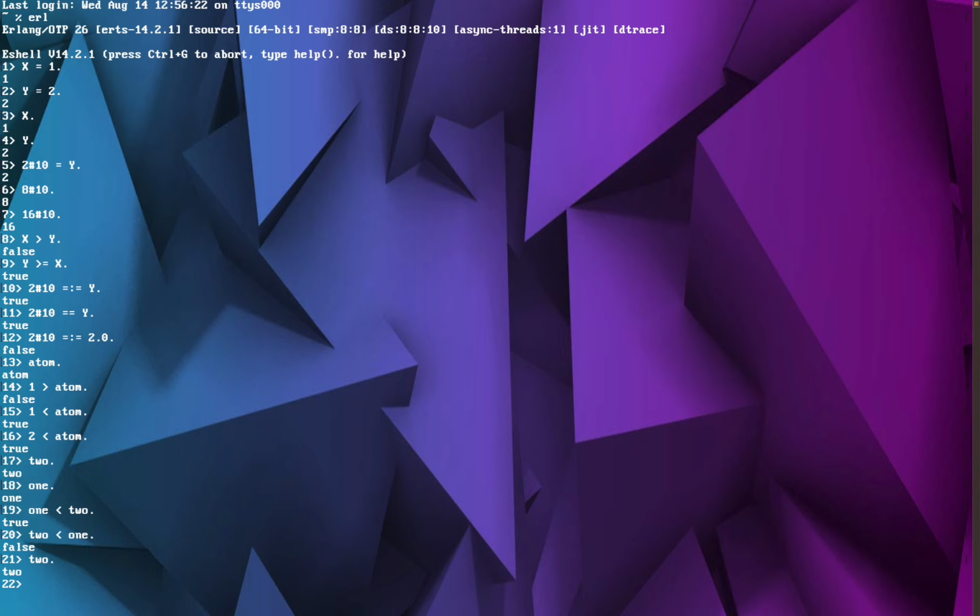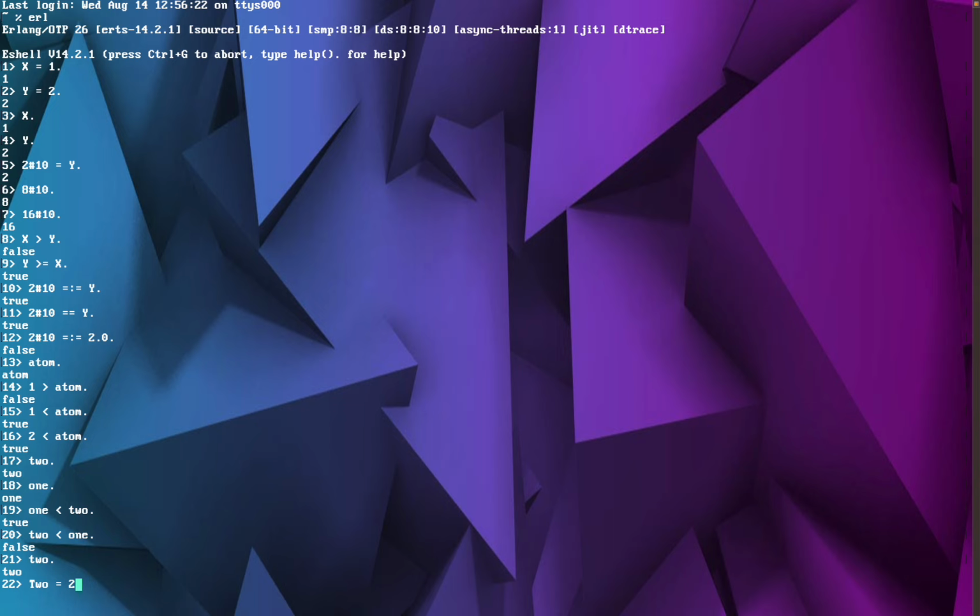Why is 1 less than 2, but 2 is not less than 1? Because in this case, we are comparing the atoms to each other, and that is just referential. So, without going into the details of what atoms are doing, we could choose a number 2, and that's a variable,